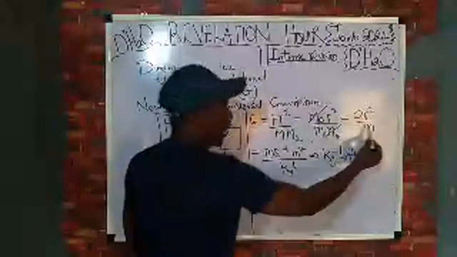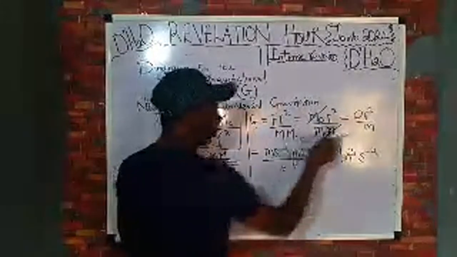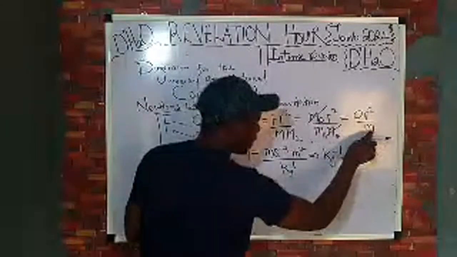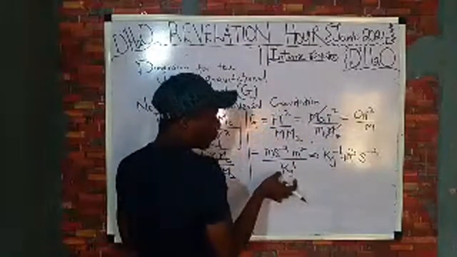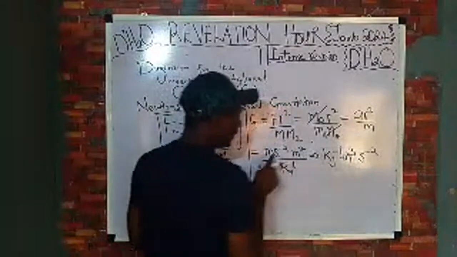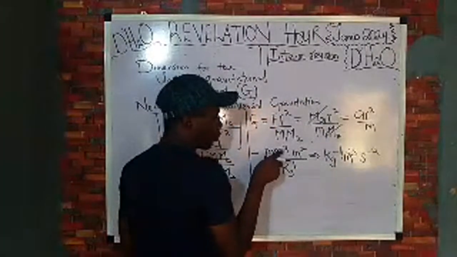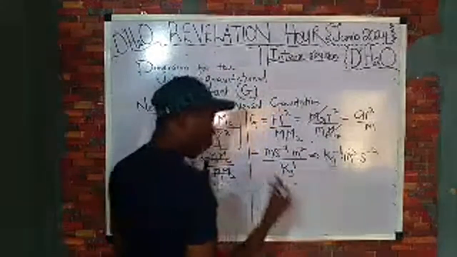Now, M is mass, don't forget. Acceleration is meter per second squared. Radius is meter, so you have meter squared. Mass is kilogram, so you have kilogram. If this kilogram raised to 1 goes up, it will take a negative sign. This is meter times meter squared to give you meter cubed, and this is seconds raised to the power of minus 2. So that's what you have. Wow. So our